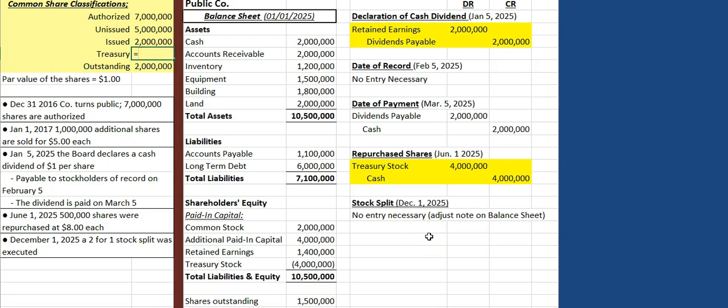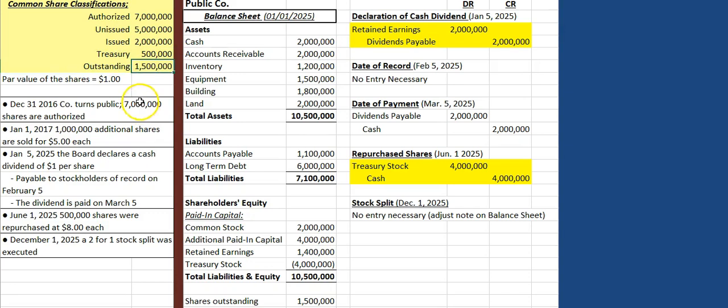So 500,000 in treasury shares, right? Now the outstanding shares is 1.5 million. Notice how issued stays at 2 million. The company has issued 2 million shares. But since they repurchased 500,000 in treasury shares, that means that the shares that they have outstanding is 1.5 million,